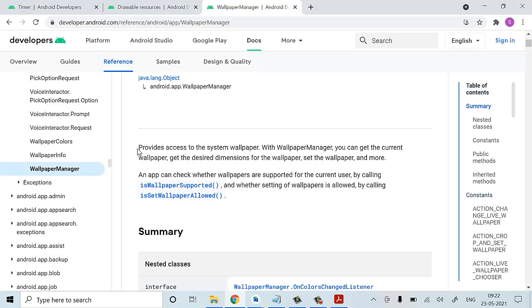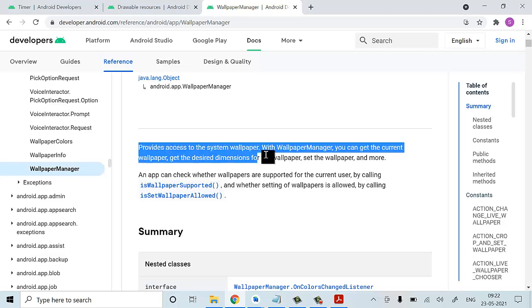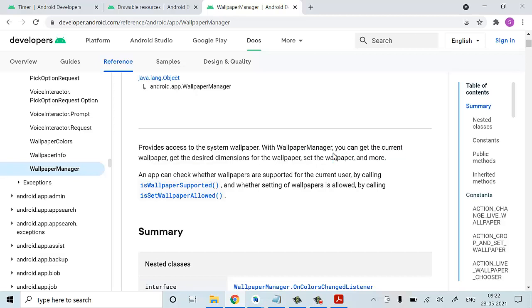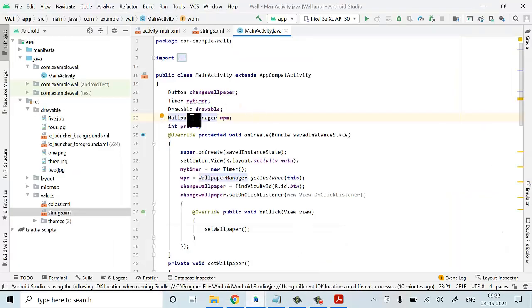It provides access to the system wallpaper. With the wallpaper manager, you can get the current wallpaper in the desired dimensions. This is where we get the app permissions from the wallpaper manager to change your wallpaper. At the same time, it will provide whatever pics you have in the desired width and height. These are all four things we have for your wallpapers.